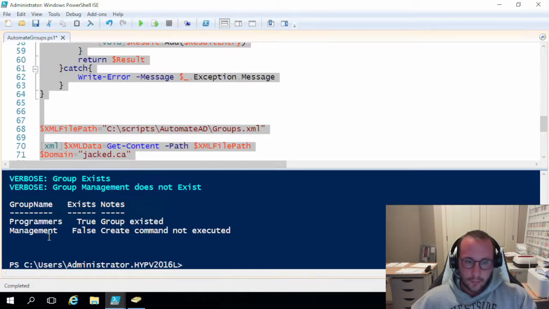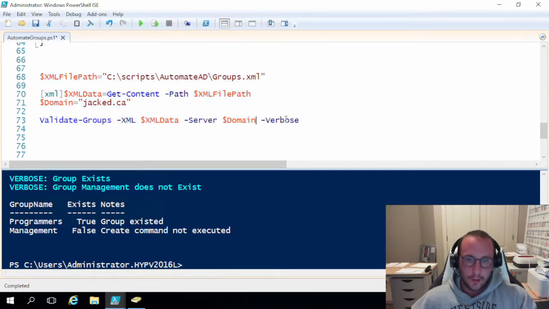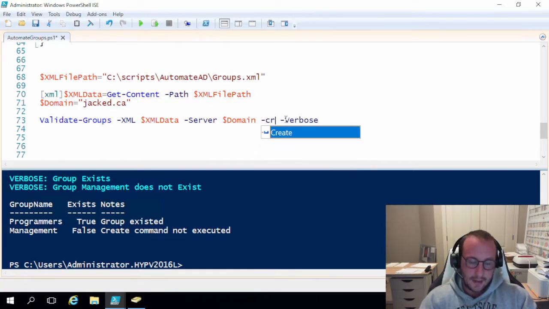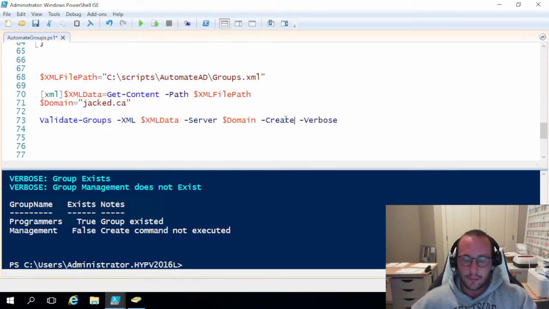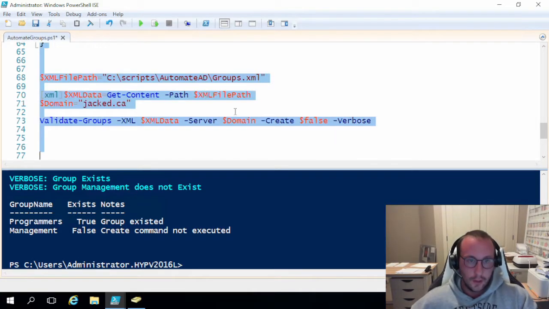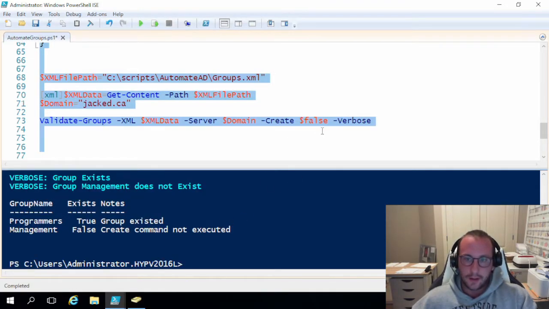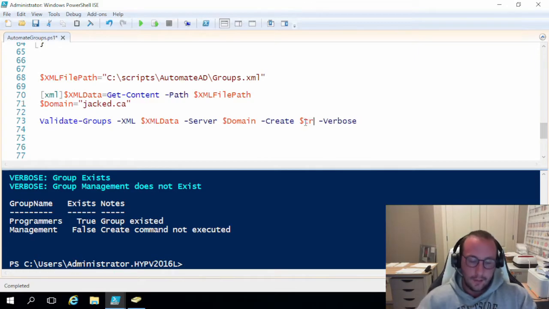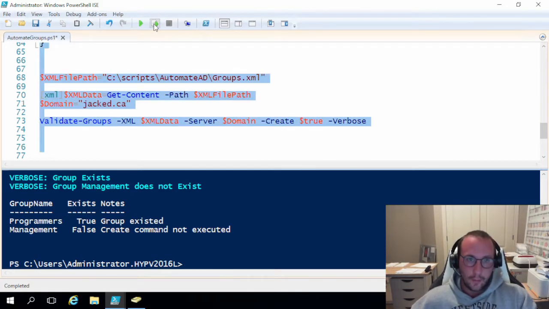For management, we get that it's false and the create command was not executed. Now if we pass in this parameter called create, and if we don't pass in anything, just false, we don't actually pass in anything different. It still says create command not executed. And then if we do true and we run this,